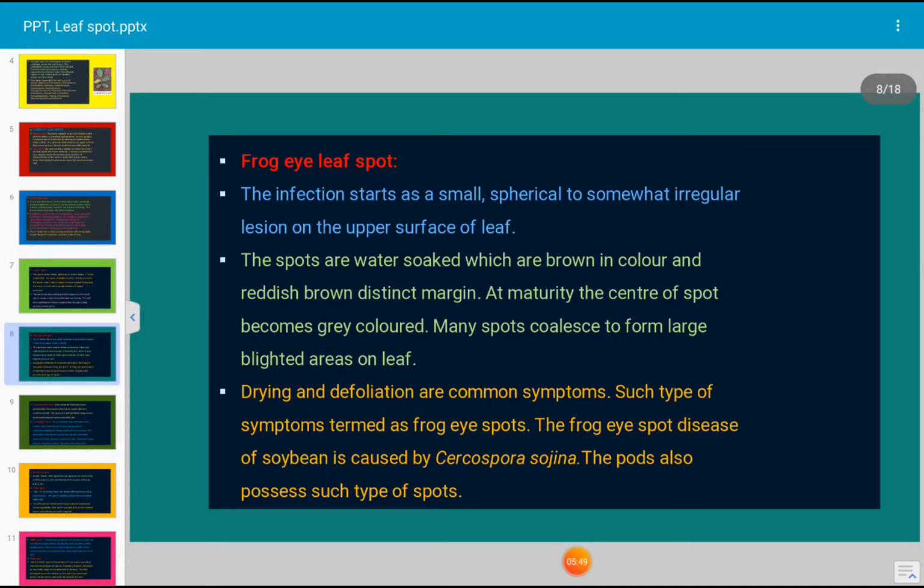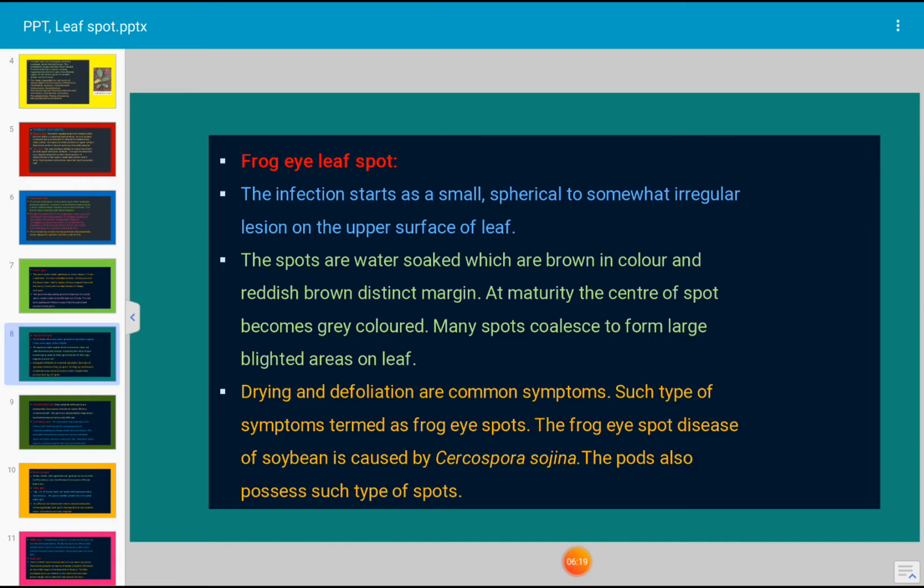Next type of spot is frog eye leaf spot. The characteristic of frog eye leaf spot type of symptom is that the infection starts as a small spherical to somewhat irregular lesion on the upper surface of the leaf. The spots are water soaked, brown to reddish brown, with a distinct margin. At maturity, the center of the spot becomes grey colored.